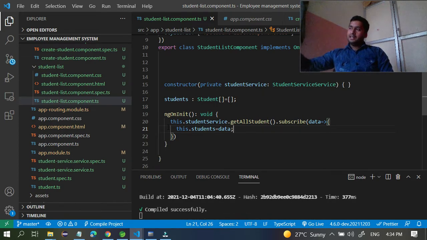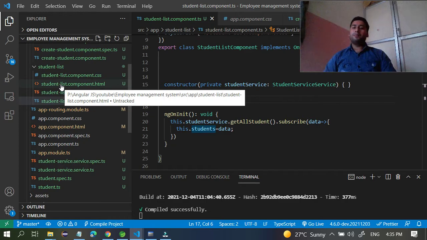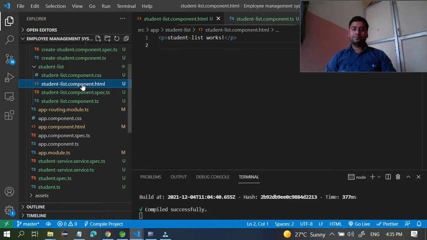So you fetch data from the database in your Java application. The Java application sends the data to your browser. Browser means your application, your service, and through the service you are getting the data in your component, and this component you can read in the student list component HTML file. How can you do this?